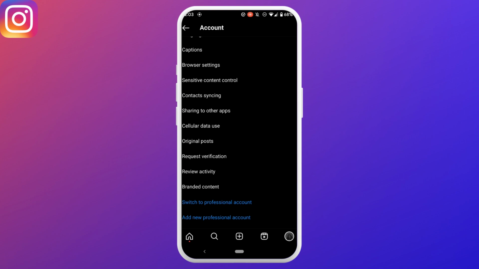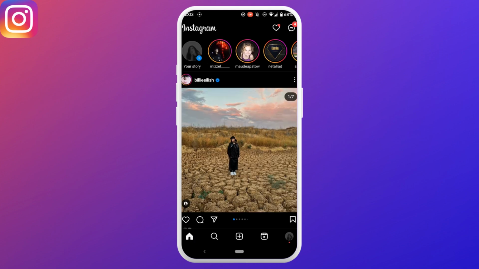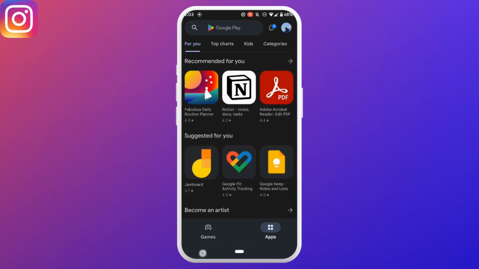Right now I'm already on my personal account. But here, if you are on a creator account, then it will show you switch to personal account rather than professional account. All you have to do is click on it and switch to personal account. Once you are done, you need to go back and head over to your story and check whether the music is working or not. If it still doesn't work, then what you need to do is go back and head over to